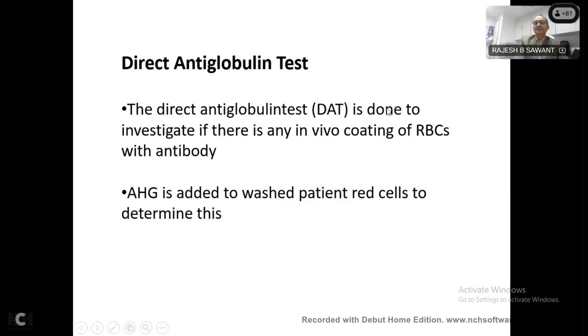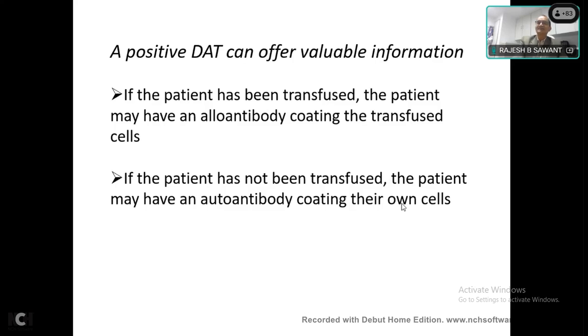So mostly, why do we do direct antiglobulin test? We want to see whether in vivo within the circulation there is coating of RBCs with any antibody, any IgG antibody, right? So here anti-human globulin is added to the washed patient's red cells to determine the direct antiglobulin test. And a